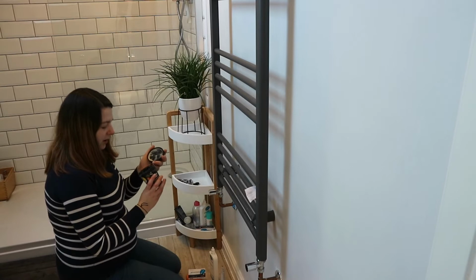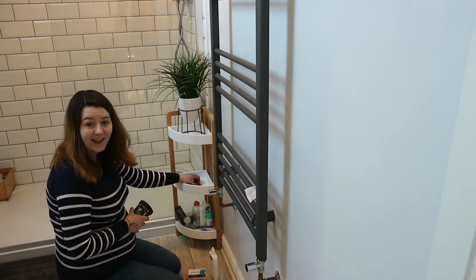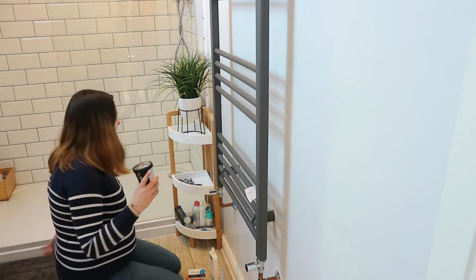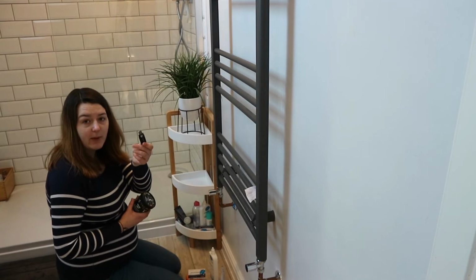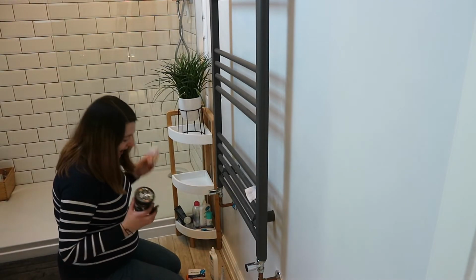And this was the last bit to check, so I'm out of breath. I shouldn't be out of breath. No, I should be out of breath. I'm 38 weeks pregnant. 37, 38. Depends which due date we're going with. So, like, why is there a memory stick here? Why do we have a memory stick on our bathroom shelves? So, anyway,